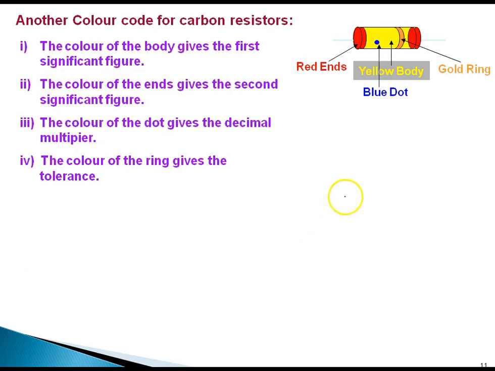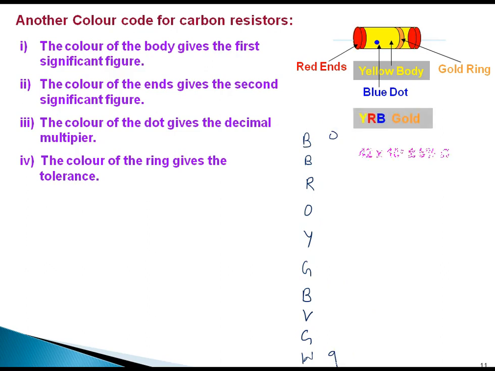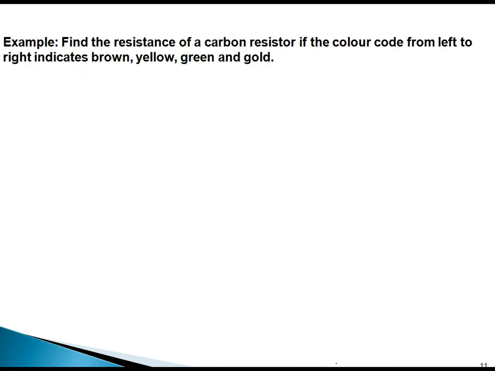Now you apply the formula. What is your formula? B.B. Roy of Great Britain has very good wife. Okay, black, brown, red, orange, yellow, green, blue, violet, grey, white. You can mark from 0 to 9. Okay, now you think it. Answer should be this. Now I will not tell you. You have to pause the video and you have to solve yourself.